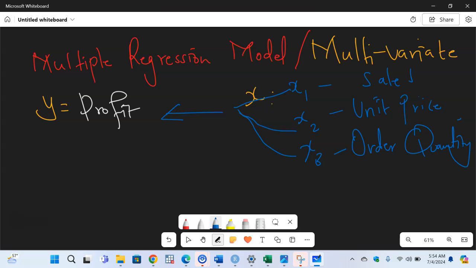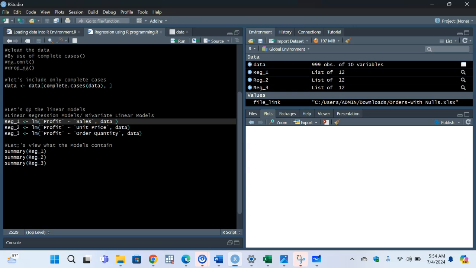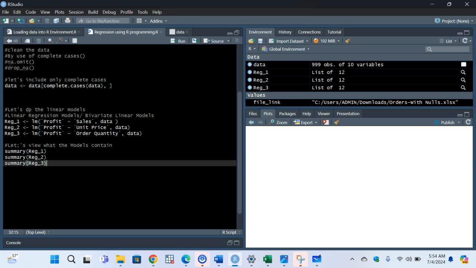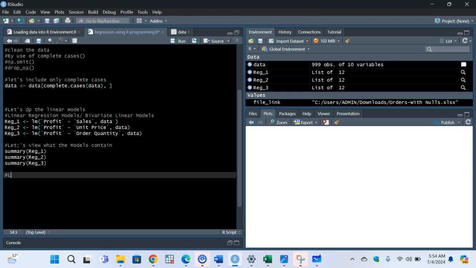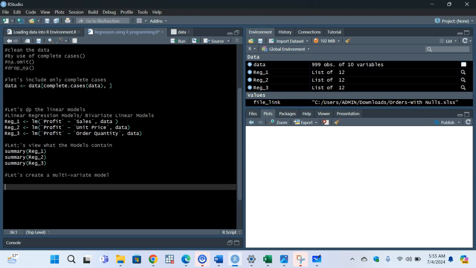So we go run that. We've said x1 is sales, x2 is unit price, x3 is order quantity. Our y is profit. So back to our R. This time around we're creating a multivariate model. We call it rig multiple,